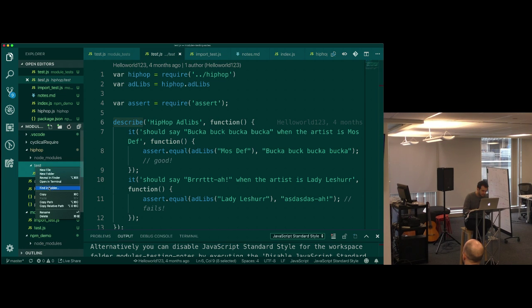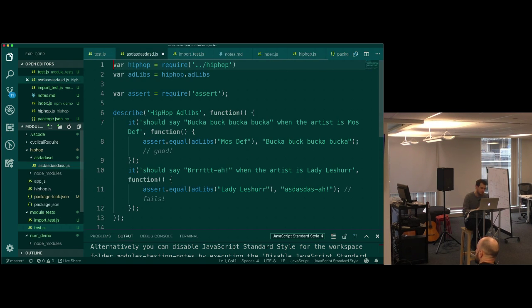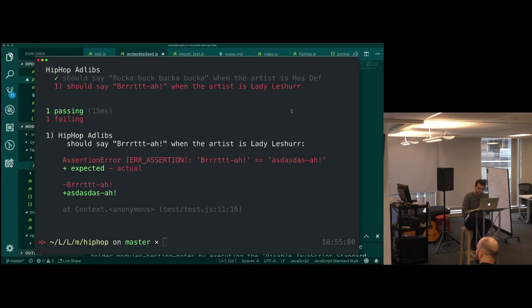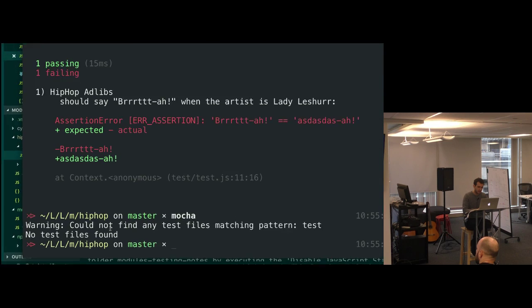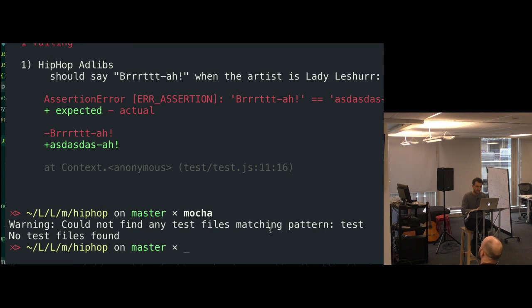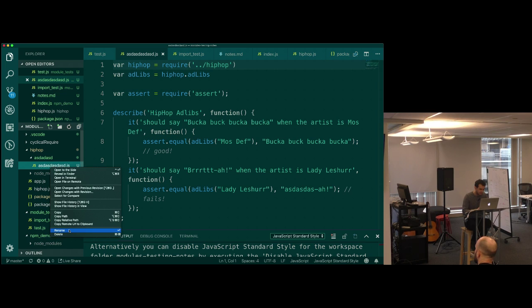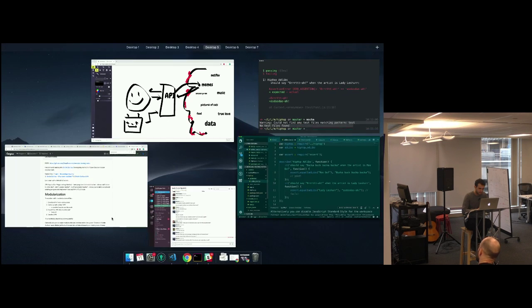Let's see if I change this folder here, not new folder, but if I rename this to yada yada yada, and I rename this thing also to blah blah blah blah blah. So these things are no longer named test. If I run mocha, oh, sick. Yeah, I guess it didn't find it. So it looks like it looks for files that have the word test in them. I didn't know that. So it looks for files that are named something like adlibs test. Let's see if this works.